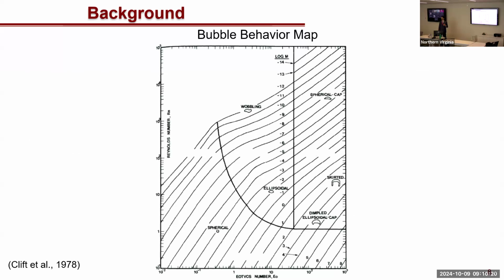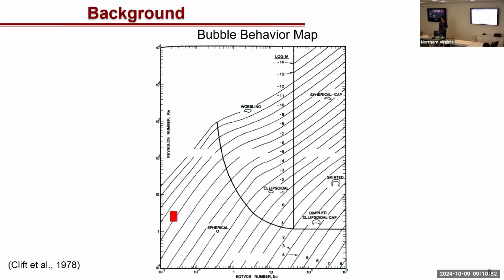So if we can find a place on this map with the Reynolds number being on the vertical axis, the Eötvös number being on the horizontal axis, and these striations being the log of the Morton number. So we can look at the range of temperature that the molten salt reactor experiment operates under, and look at also the size of the bubbles that are produced in it, and we can define those three dimensionless numbers and get a range. So this red box is our target for